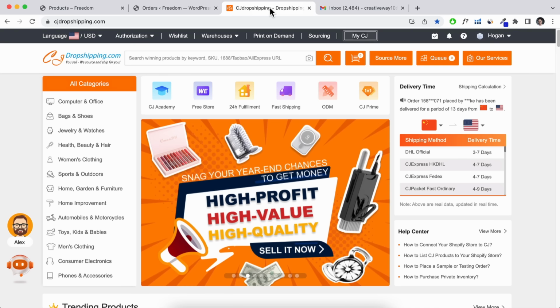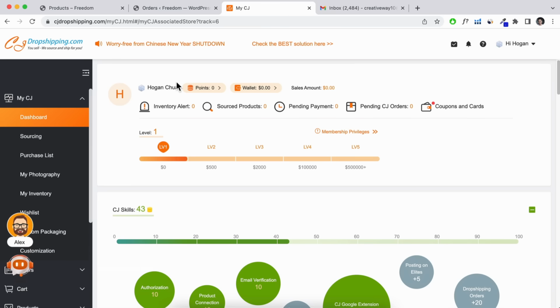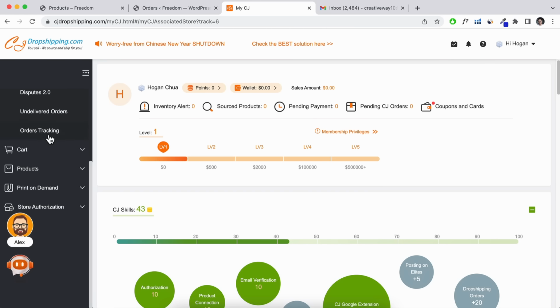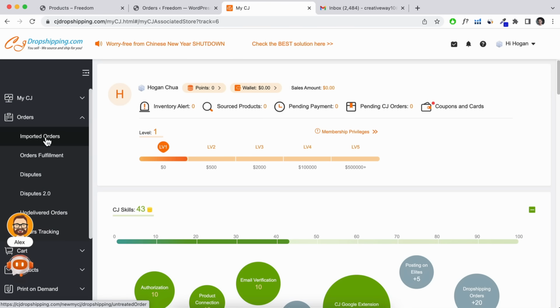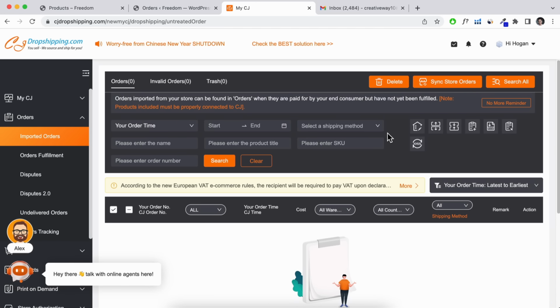So what we're going to do is head over to CJ Dropshipping and make sure to log into your account. Then what we're going to do is we're going to go to My CJ. So from here on the left-hand side, we can scroll down and click on orders. And then we can click on imported orders. Okay, so over here, we're going to click on close